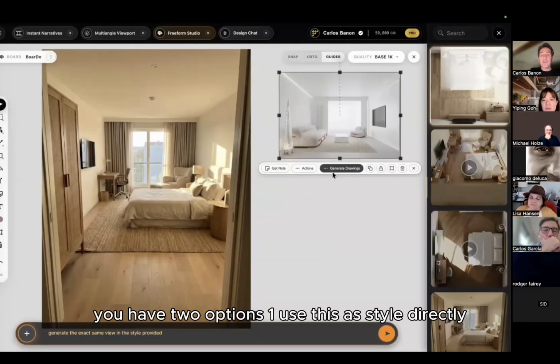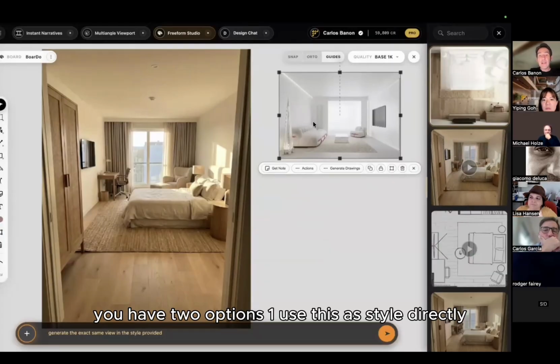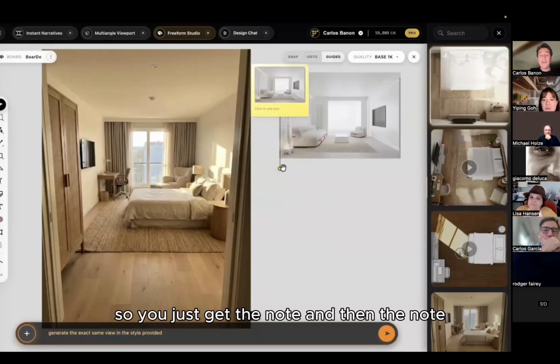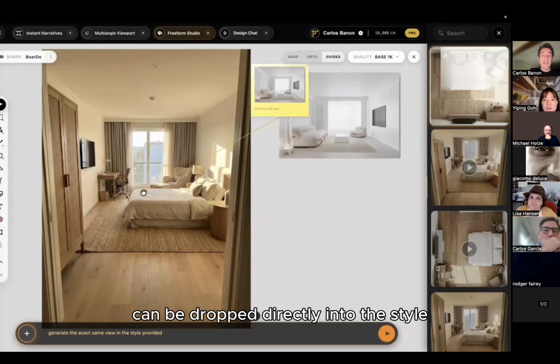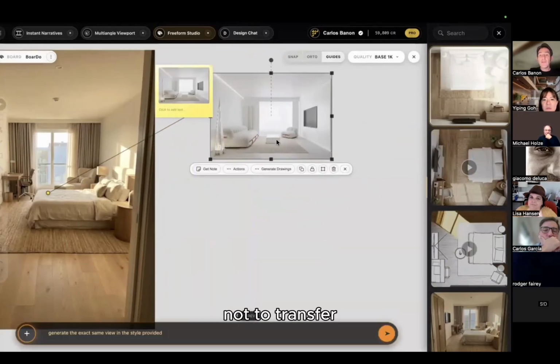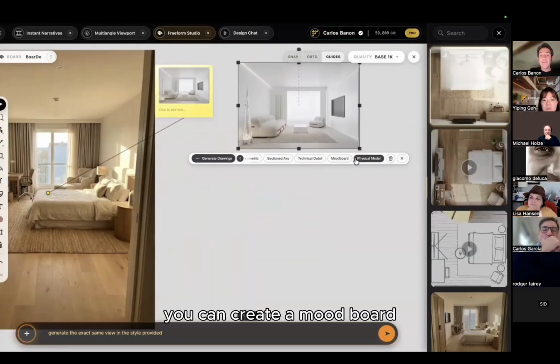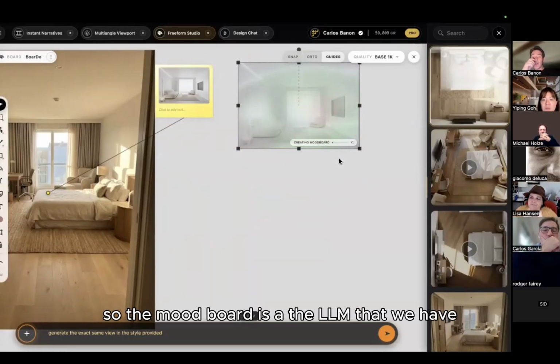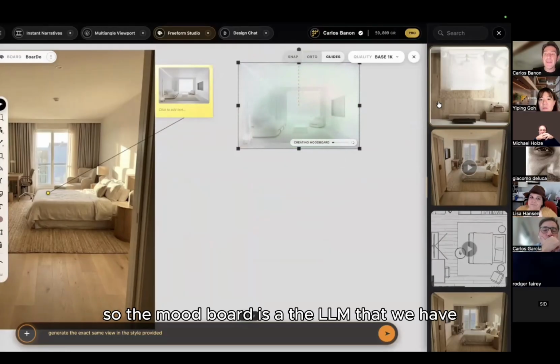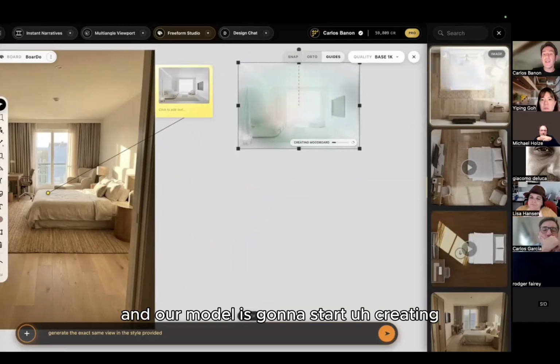Once you have an image, you have two options. One, use this as style directly. So you just get the node, and then the node can be dropped directly into the style. The other one, if you want not to transfer that much of the properties of the space, you can create a mood board. So the mood board is the LLM that we have, and our model is gonna start creating